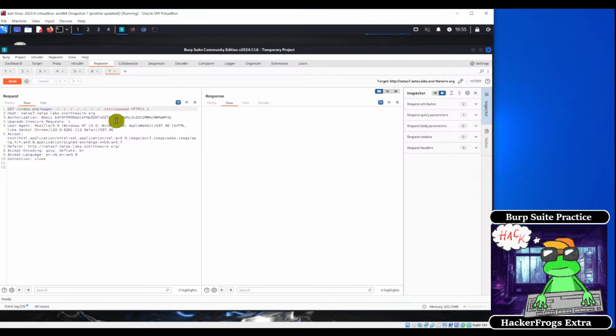So /etc/passwd, which is misspelled like this, is the file on a Linux system which tells you who all of the users are on that file system. So if we're able to access this file, that means that we were able to escape the web app directory and access arbitrary files on the web server. So we're going to send this request, and if we see the contents of this file right here, that means that the application is vulnerable to local file inclusion. So we're going to send this,